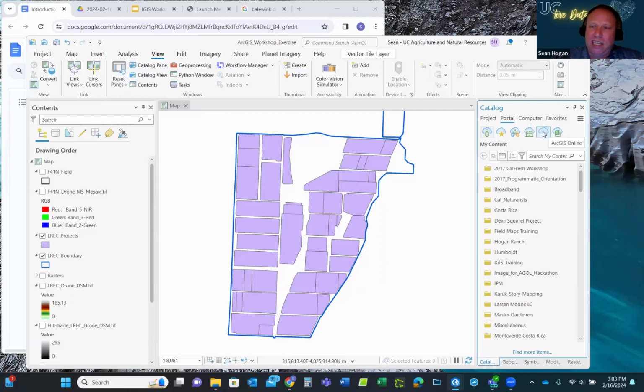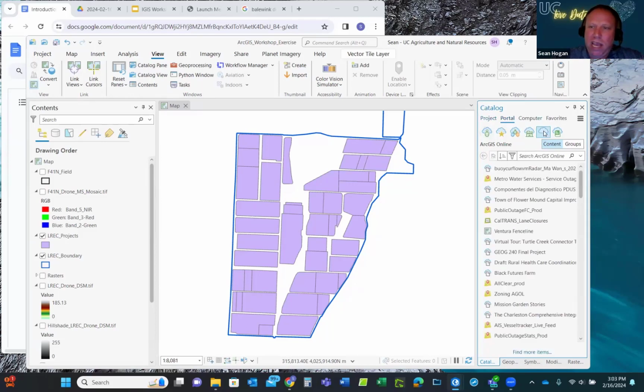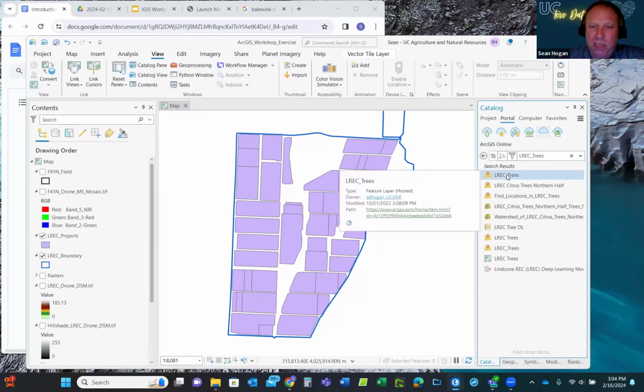Back to the ArcGIS Online though, let's click that little cloud. So under the catalog pane, portal, click the cloud by itself for ArcGIS Online. And then we'll type in LREC for Lynn Cove Research and Extension Center, _trees, and click enter. The first thing that pops up is going to be Lynn Cove trees that we have published. I actually republished this. I think Robert originally published it, but then I made a couple edits and then republished it